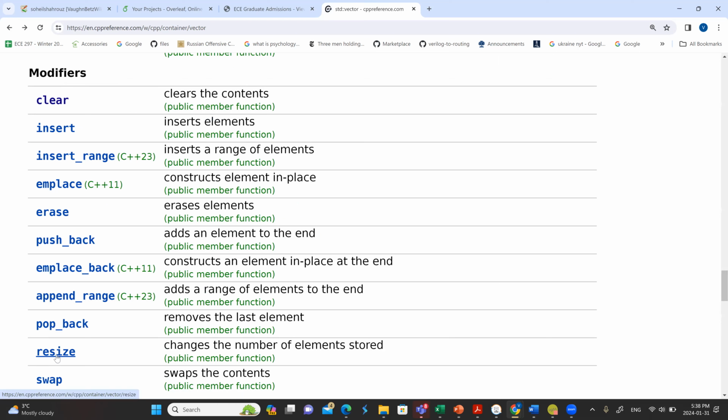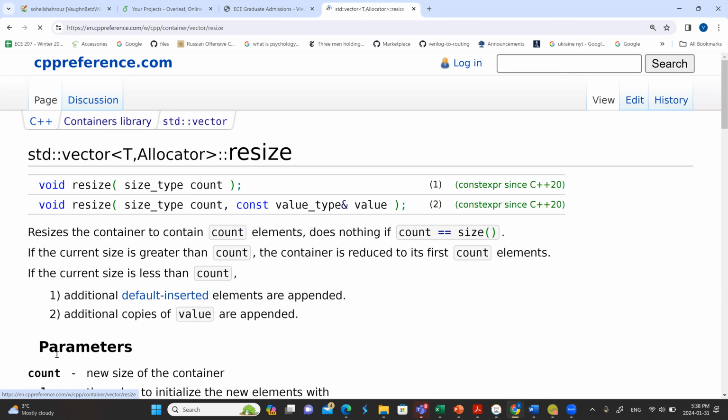This resize member function, if I know how many things I want to put in a vector, can be convenient: just say, give me that many entries, rather than calling pushback over and over again. In this case, I know exactly how many entries I want in that first dimension of the vector. I want like 194,000, the number of intersections.